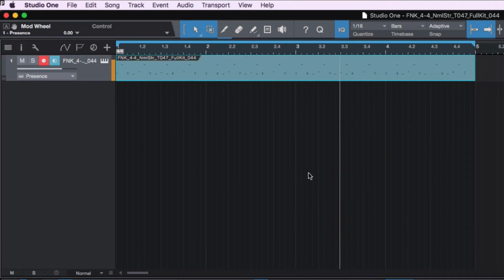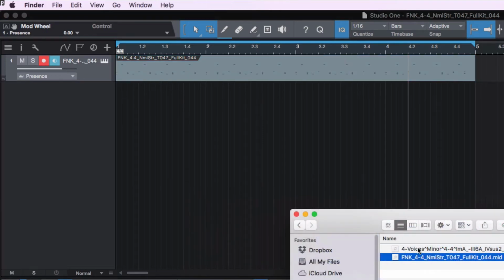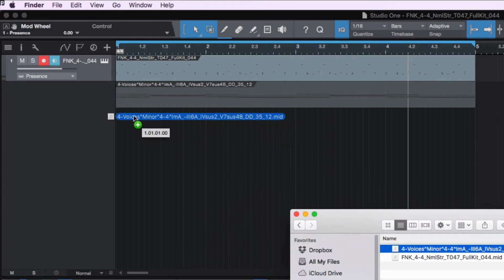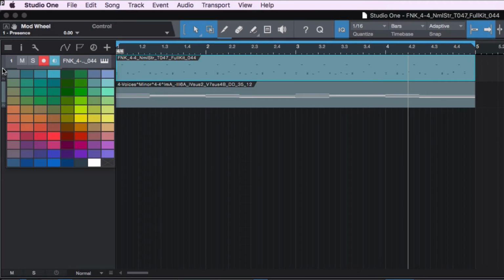Okay, so once I got something I want, I can stop here. Now I'm going to go to here and grab this 4 voices thing and drag that in. And that makes these chord progressions, as you can see down here. I'm actually going to put them in different colors too. You don't have to do this, but I'm going to make these some bright color